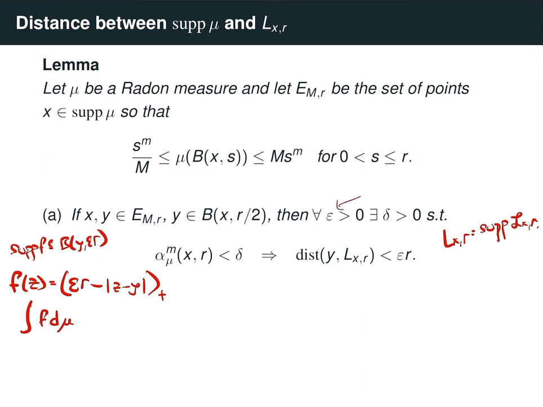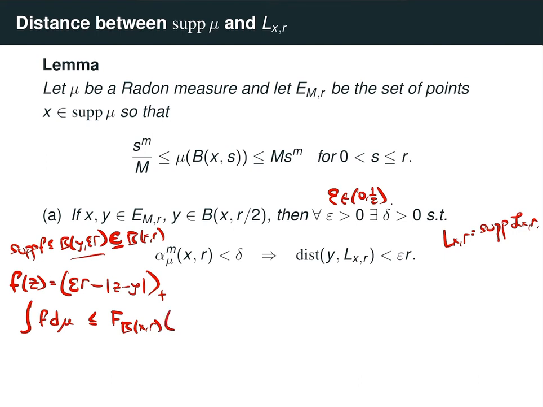Really, epsilon should be in 0 to 1/2, okay? And the reason why is because I want this ball B(y, epsilon r) to be contained inside B(x, r). So that means that f is a 1-Lipschitz function supported in the ball B(x, r). So that means that I can use the triangle inequality with the F metric inside this ball to say that